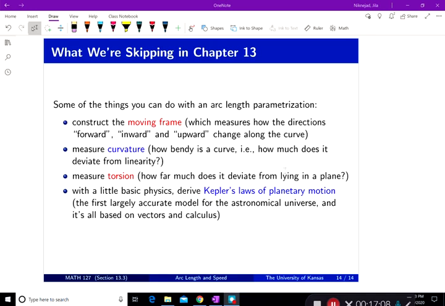and also, to my regret, we basically skip the derivation of Kepler's laws of planetary motion. There are a whole lot of nice videos online you can watch on how to derive that formula, and that was one of the first very accurate models for the astronomical universe, and it's worth watching. After learning about this chapter, you can actually understand